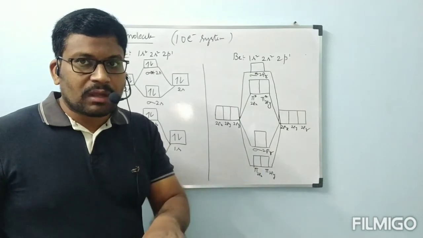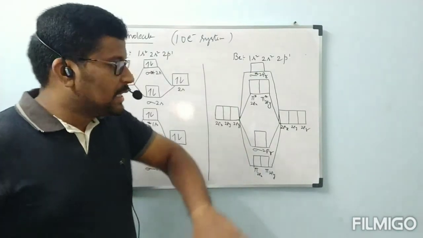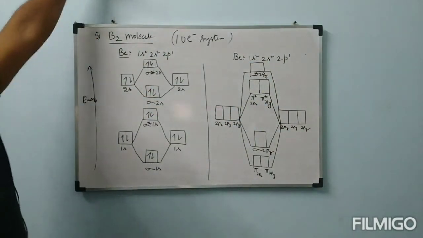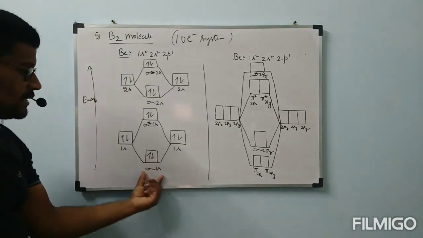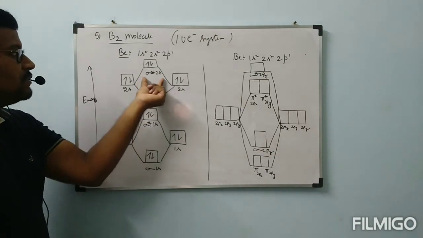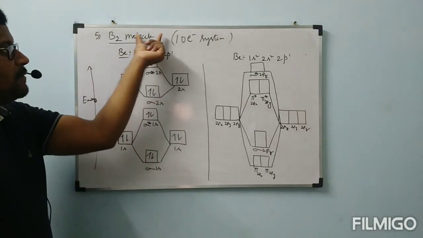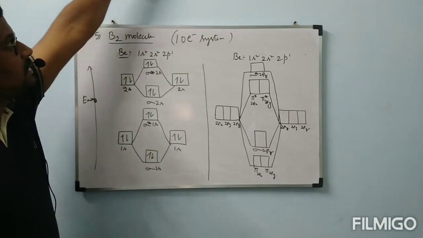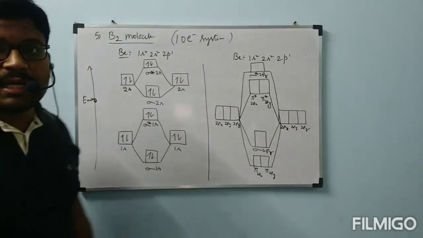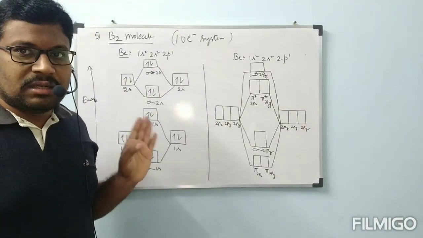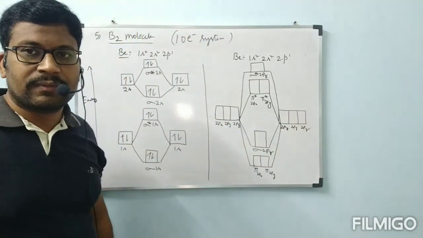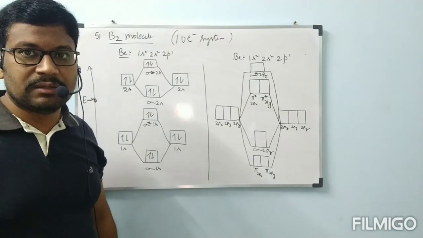In your book, if I observe, this total diagram must be here. Then in this way energy increases. Least energy sigma 1s. Next sigma star 1s. Next sigma 2s, sigma star 2s. Next pi 2px, pi 2py. Next sigma 2pz, next pi star 2px, pi star 2py, next sigma star 2pz. In that way, it must be in your notes. As it is written on the board, it is not possible to write this here. That's why I am writing here. Please understand, all of you. Again, I am mentioning.